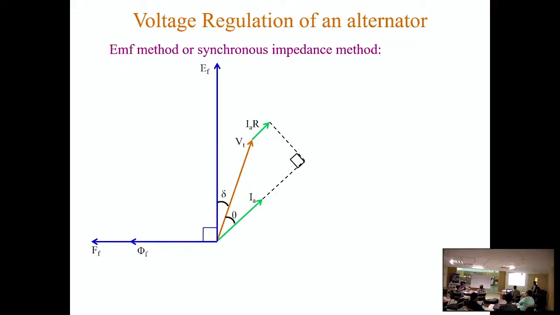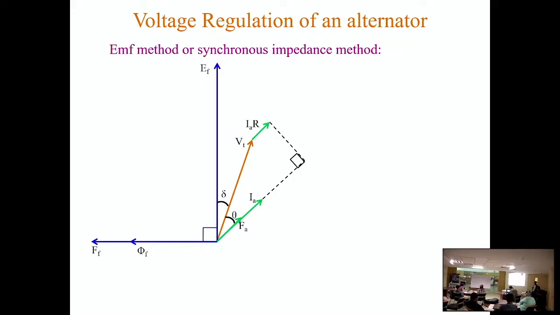And FF will be in phase with phi F as we have neglected saturation, and current is IA, lagging load, therefore current IA lags VT by an angle theta, which is the power factor angle, and